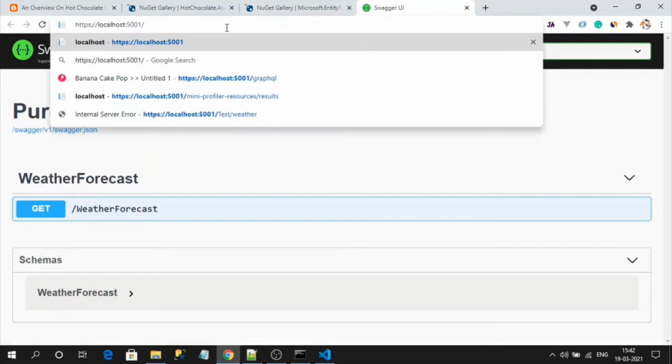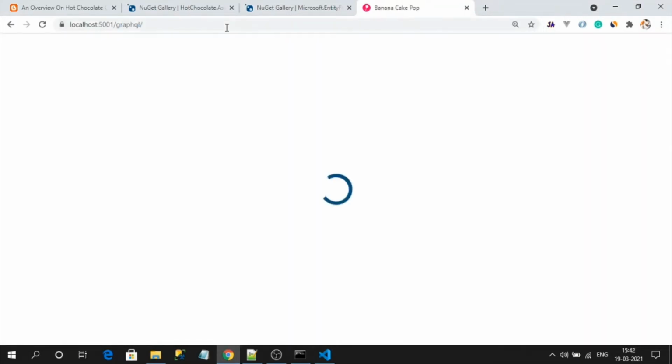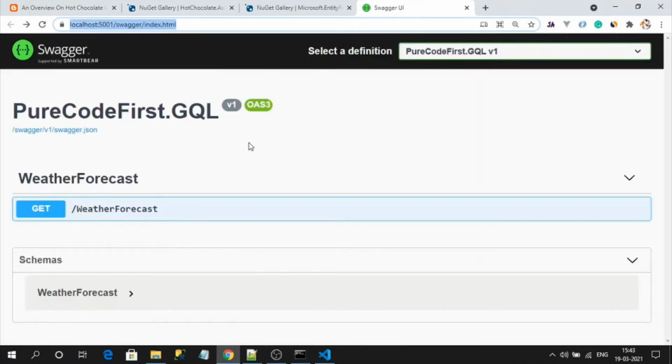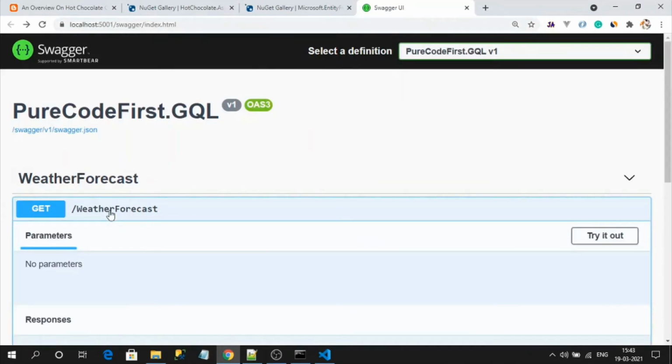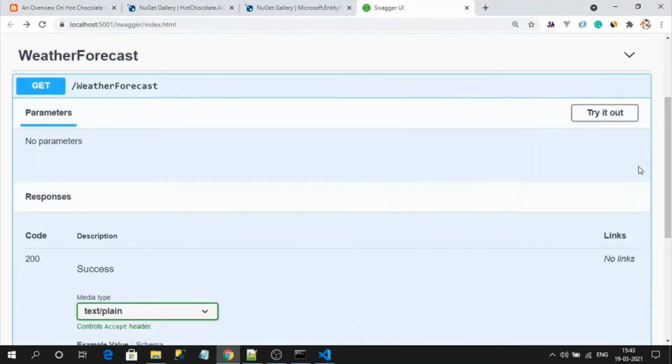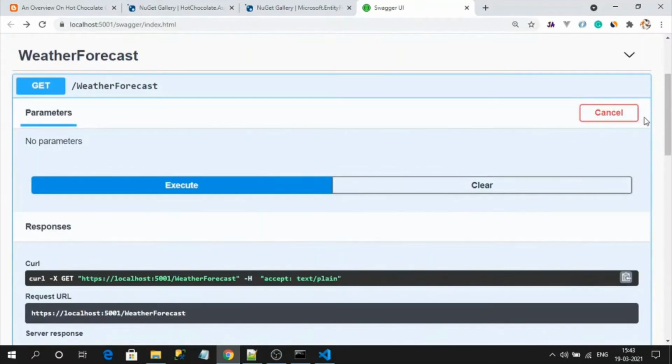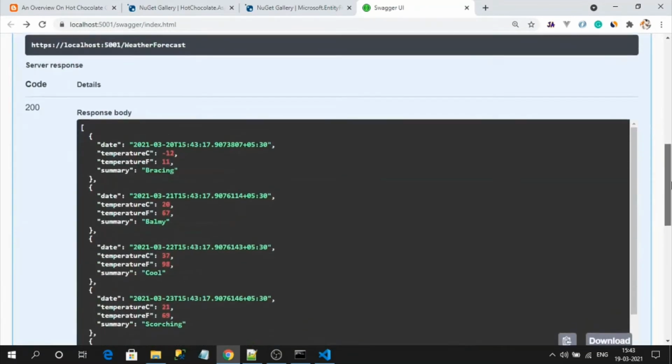So I have mentioned the default path is slash GraphQL for the GraphQL endpoint. From this you can understand, if you go to the previous page, this is the normal .NET API route, the Swagger route. It is the default API when I create a web API, so this is REST API.